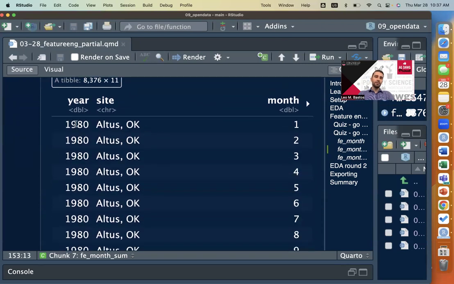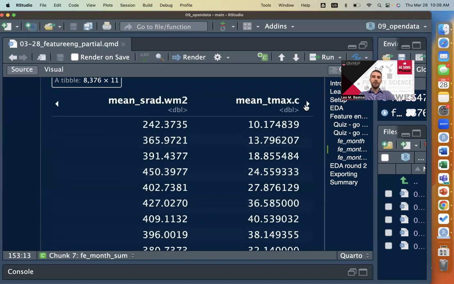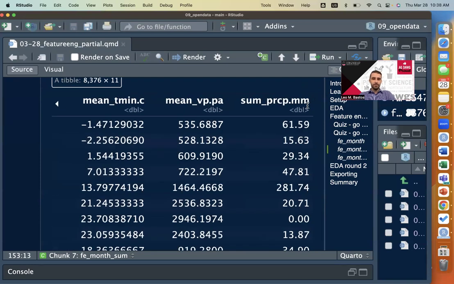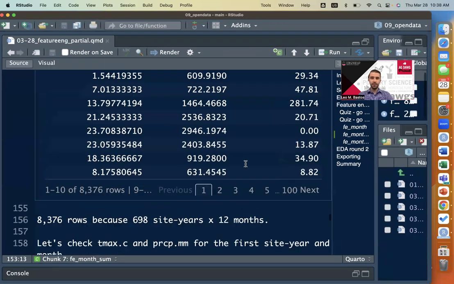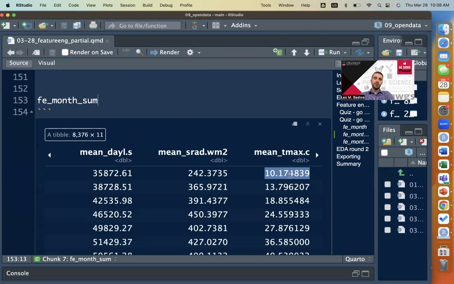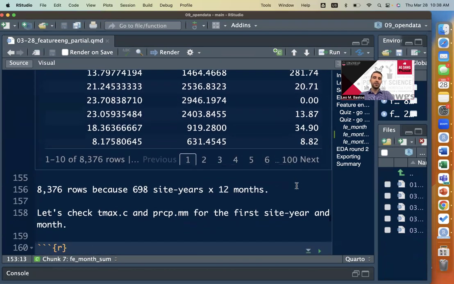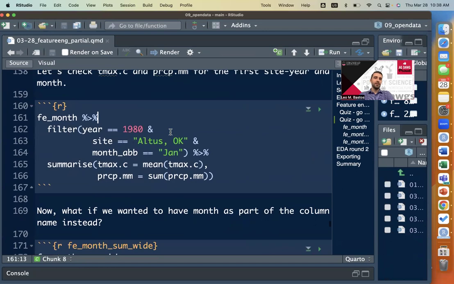So if I just look here for the first site in year, so first year is 1980, the site is Altus, Oklahoma. The month is the first month, so that is January. And then if we just look at two variables here, so let's look at Tmax and precip. So the average Tmax for that first site year in January was 10 degrees Celsius, and the cumulative precipitation was 61 millimeters. I just left you the code here below, so you don't have to write anything,